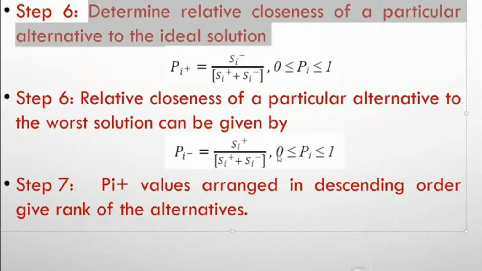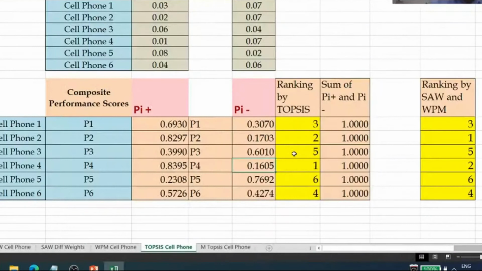And the last step is now to arrange the PI plus values in descending order to rank the alternatives. So we can see here ranking is done now by applying again formula of the rank. So how it is obtained, you can see rank of E47. Now we have to rank these values, PI plus values, in descending order. So I have applied formula rank of E47 means this cell, and this is the range of the values E47 to E52.